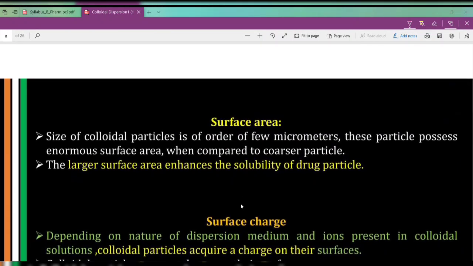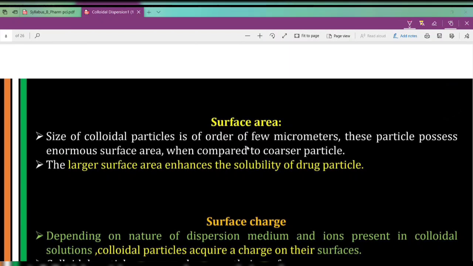So the next one is the surface area. How can surface area have an impact? First of all, you have to understand that colloids have more surface area than any coarser particle. That line is written here: the size of the colloidal particle is of the order of a few micrometers. This particle possesses an enormous surface area when compared with the coarser particle. It means if I compare any colloidal substance with a coarse substance, the surface area will be more for